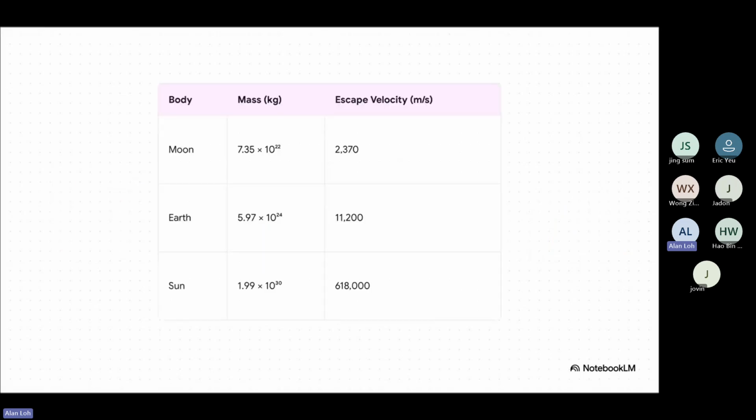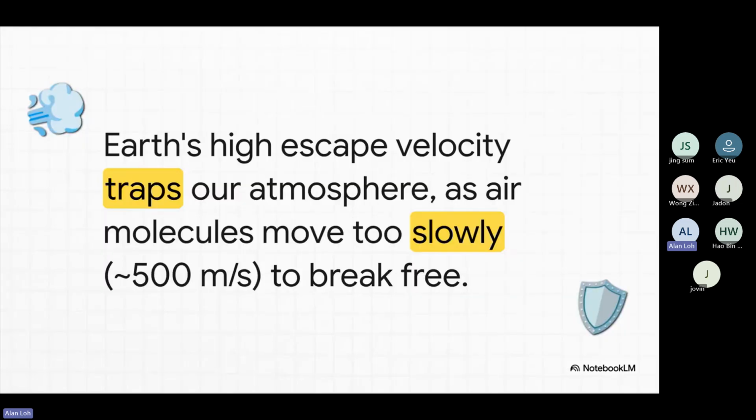And as you can see here, this cosmic speed limit is totally different for every world because it's all tied to mass. It would actually be pretty easy to launch off the moon. But escaping the sun's monster gravity, that requires a speed that's almost impossible to even imagine. But Earth's high escape velocity isn't just about keeping us stuck here. It's the very reason we can live here at all. See, the air molecules in our atmosphere are all zipping around at about 500 meters per second, but that's nowhere near fast enough to escape Earth's powerful gravitational grip. Our gravity literally holds our atmosphere, our entire life support system, in place.